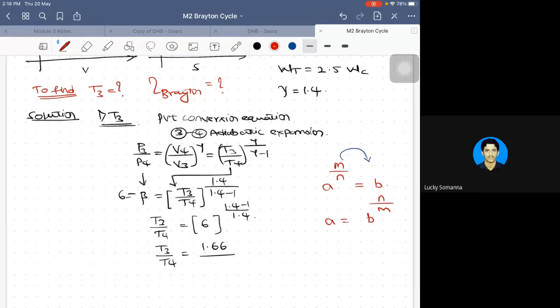T3 by T4, I want some more digits to be precise. 85. Okay, I will take it as 8. So from this, T3 is equal to